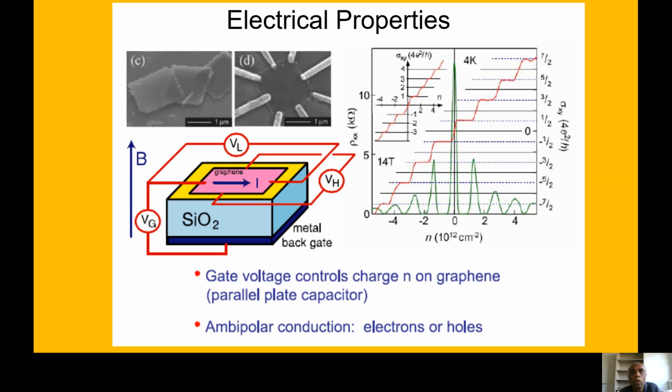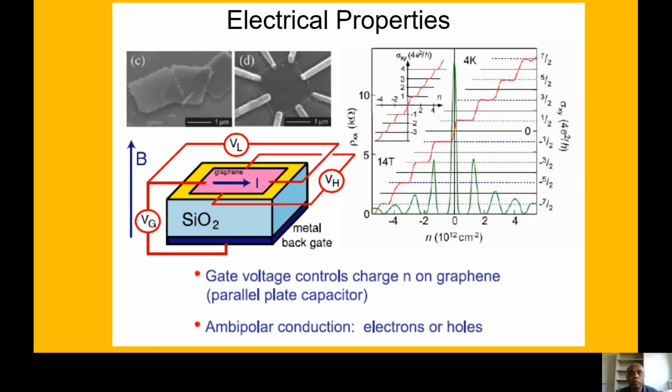People measure the Hall and longitudinal resistance of graphene. Basically what they have is this graphene here. They pass current from here to here, the I. Then when they measure the voltage in the same direction, they get something called rho XX. If you measure the voltage perpendicular to I, then you get something called the Hall voltage. To do that one, you have to apply a magnetic field perpendicular to